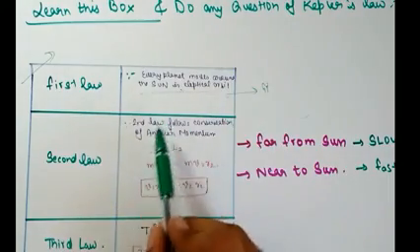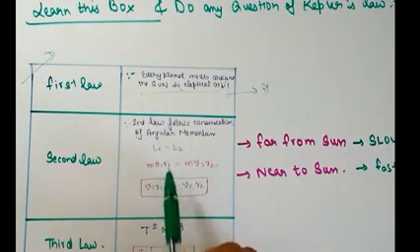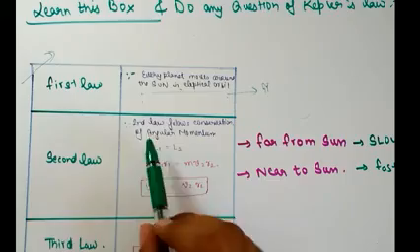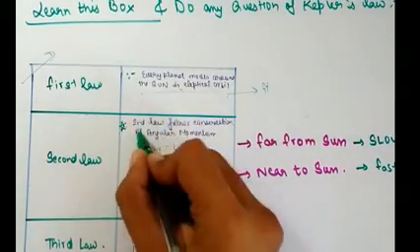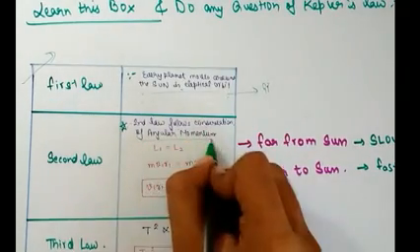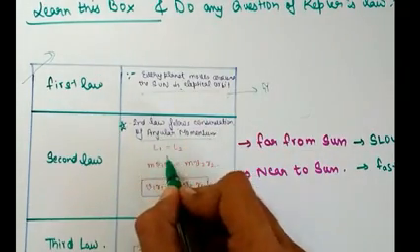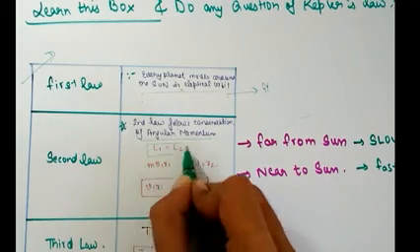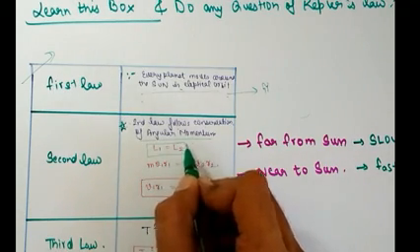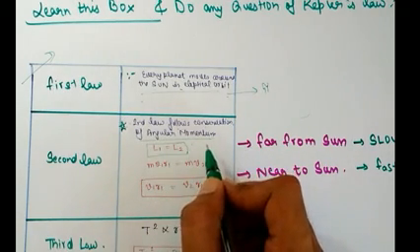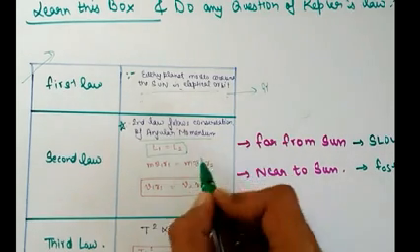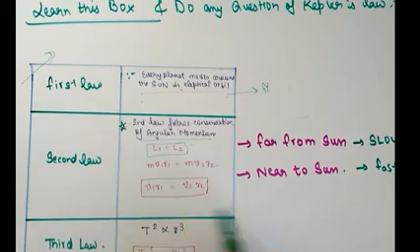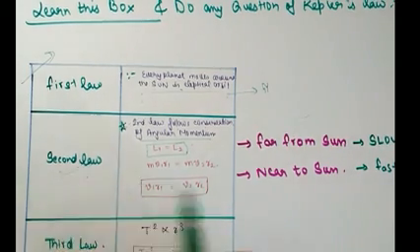Now coming to the second law, the conclusions we draw from here are very important. What we first have to know is that the second law follows the conservation of angular momentum, that is L1 is equal to L2. So m v1 r1 is equal to m v2 r2. From this we get that v1 is inversely proportional to r1, that is v1 r1 equals v2 r2. This is what the second law tells us.